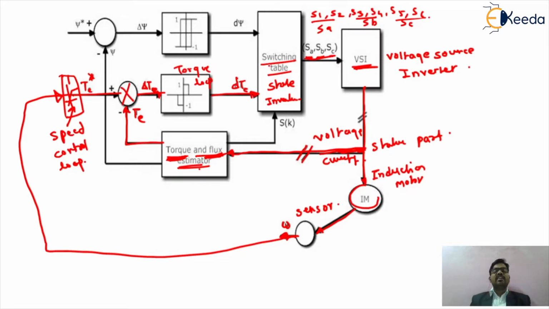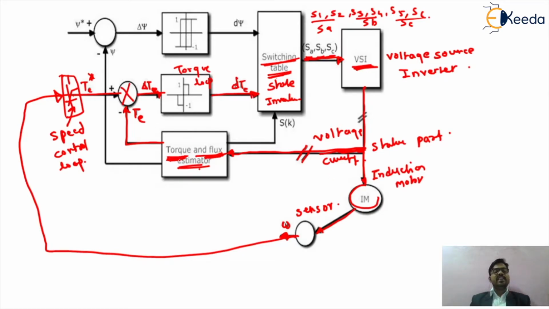Now by changing the switching table or the state inverter circuit of your voltage source inverter, we are giving the input to your VSI, and depending upon that, the VSI will control the speed of your induction motor by means of the direct torque control loop. So similarly friends, this is the basic fundamental thing in concern with your induction motor. We call it the direct torque control scheme.